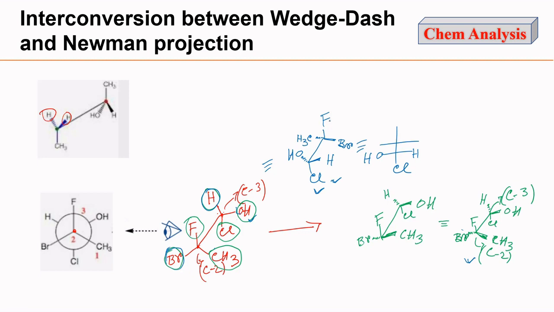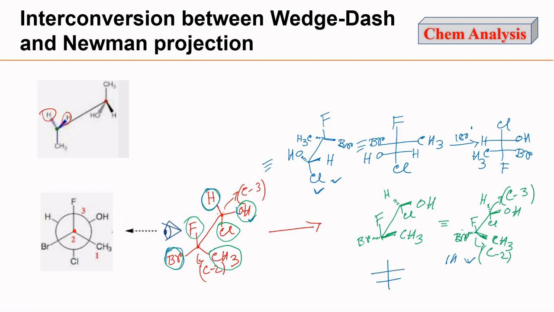And in the back carbon, since fluorine atom is on the top side, we have to rotate this by 180 degrees, and for that rotation bromine atom will go on the left side, and methyl group will come on the right side. And if we rotate this compound by 180 degrees through in-plane rotation, that is allowed, then chlorine atom will go on the top, hydrogen atom on the left side, OH group on the right side, and fluorine atom will come below, methyl group will go on the left side, and bromine atom on the right side. So let's see for this case.